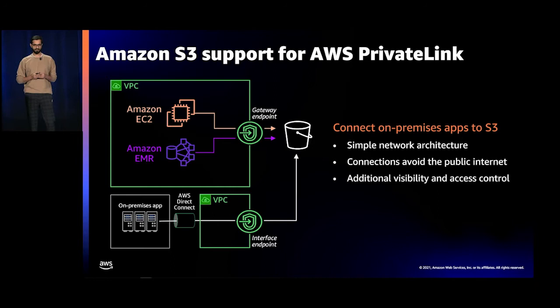So that's what we delivered with AWS Private Link support for Amazon S3. Now, you're able to directly connect your on-prem applications to S3 without adding the operational complexity of running proxy servers or using S3's public IP addresses. Great. So now your apps on AWS and on-prem apps both can directly access data in S3. But what if you want to manage and control the access pattern for each one of them?